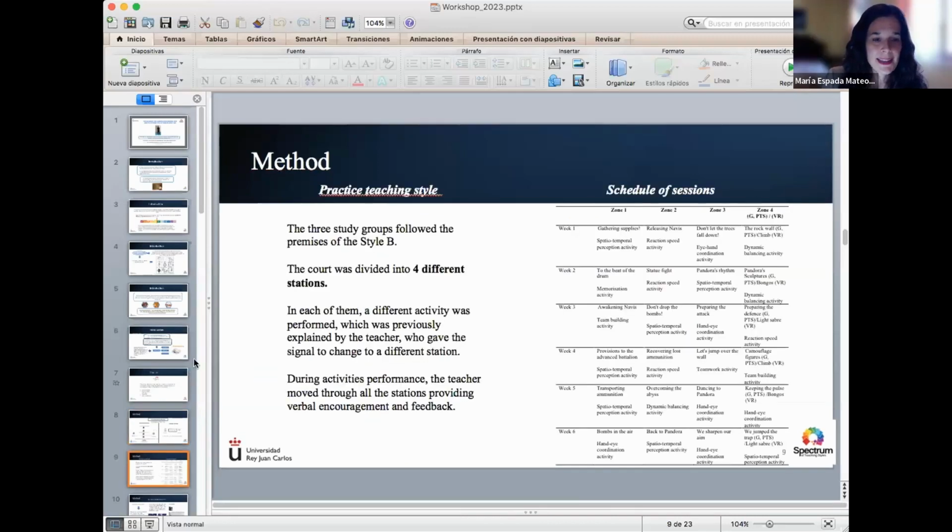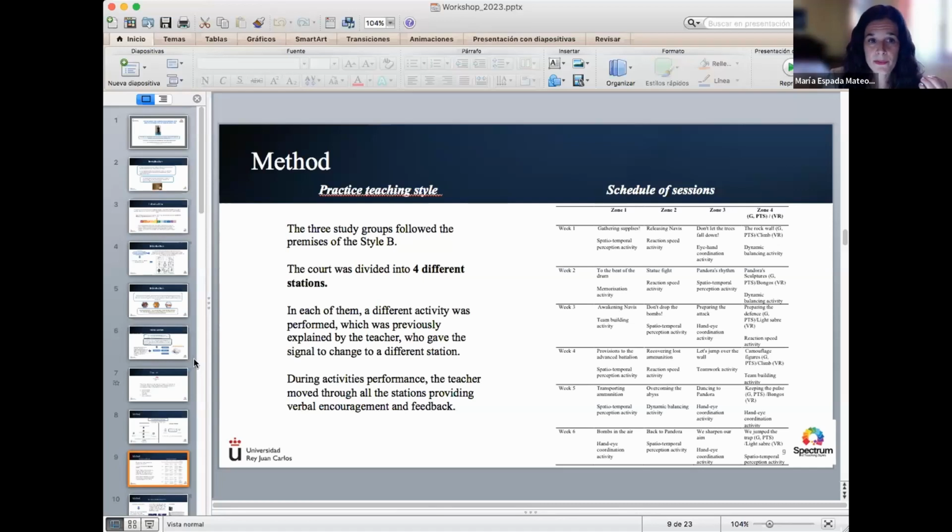As I said before, the duration of the intervention was 6 weeks. The 3 study groups followed the premise of the study. For this, the course was divided into 4 different stations. In each of them, a different activity was performed, which was previously explained by the teacher, who gave the signal to change to a different station.